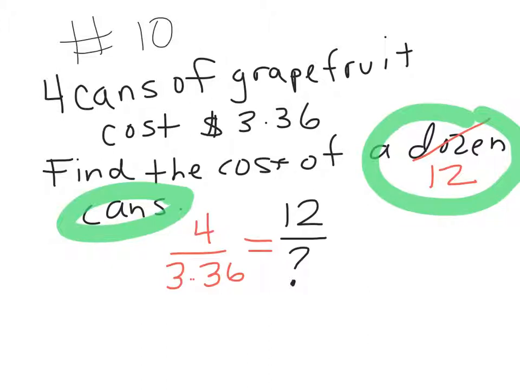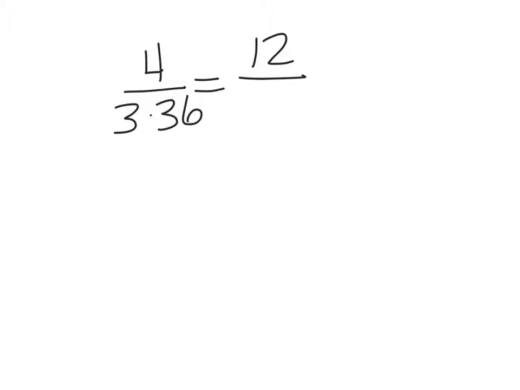Okay, now I have a couple choices. So what I can do here, if my ratio is 4 over $3.36 is equal to 12 over what? I'm just going to use C for cost. Is that okay? Now, I can either go, what do I do to get from 4 to 12, which is multiply by 3, and that tells me if I multiply the top by 3, I also multiply the bottom by 3. So to solve this problem, I have to do